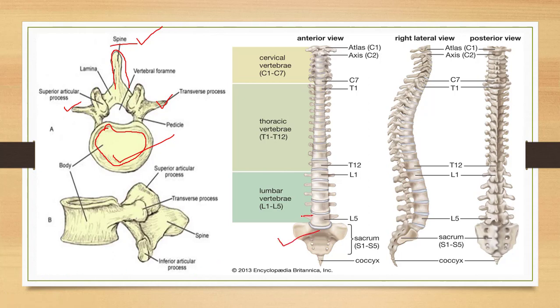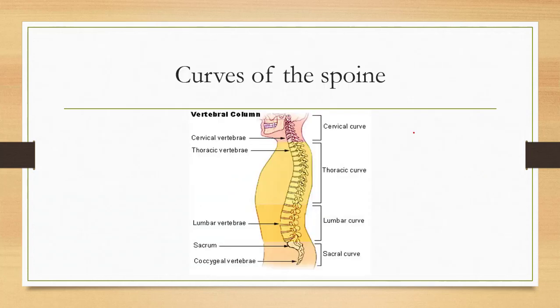So here I have shown three different diagrams of a vertebra in which you can understand the positioning of the transverse process. So these are the transverse processes. Here you can see these structures. These are the spines. Spines are seen on a lateral view, and this is showing the posterior view, and again these side outgrowths are the transverse processes.